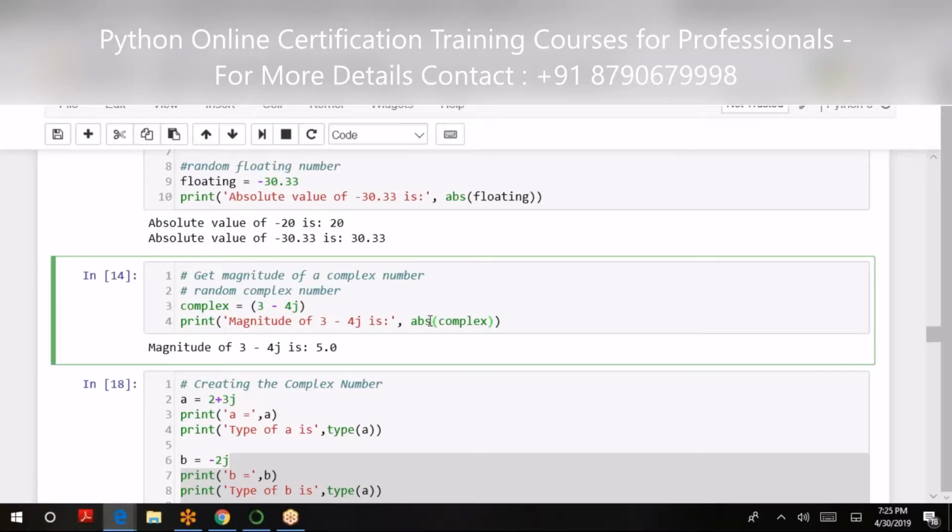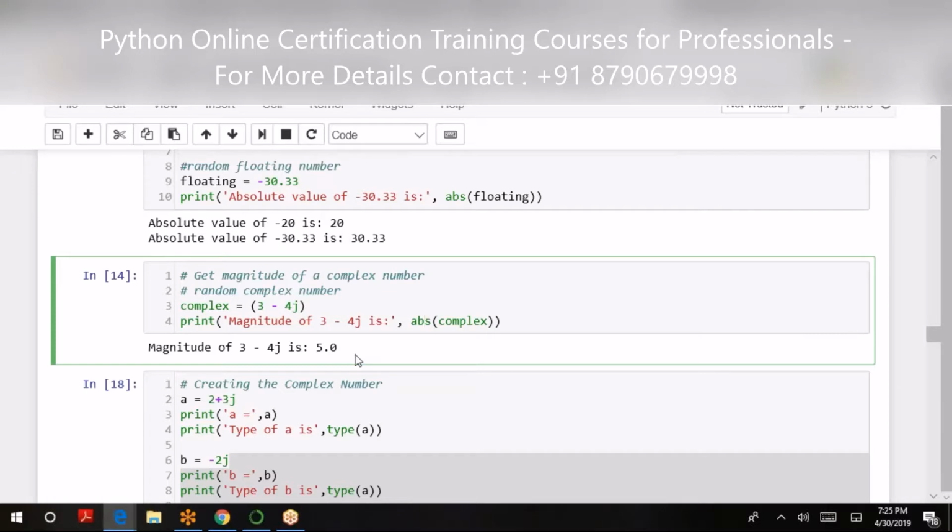So what this command is doing: 3 minus 4j was a complex number, but when I ask it for an absolute magnitude value, it has done that scientific calculation behind the scenes and it has given me the magnitude of it as 5. Typically for a lot of engineering and scientific applications, this type of thing is quite required.